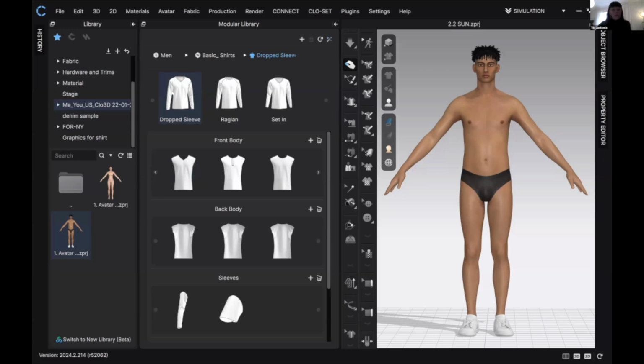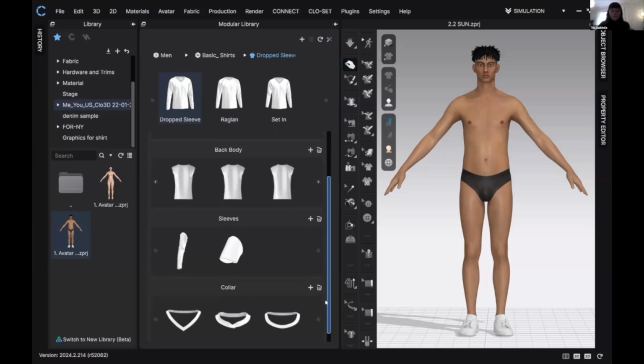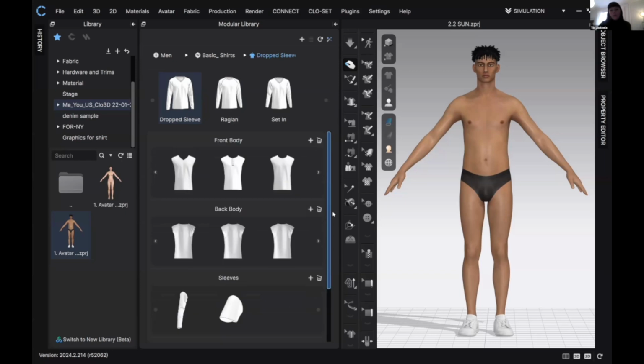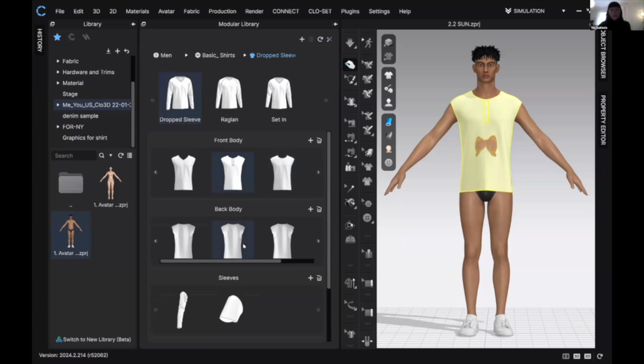We see that when you double click on the style, it opens front body, back body, sleeves, and collars. So these are the components that you can build your garment from. And let's say that we would want to have a little buttons in it. You just double click and it applies it to your avatar. Let's take back body. It doesn't really matter which one. The difference in these ones is just how dropped the sleeve is. And then let's take